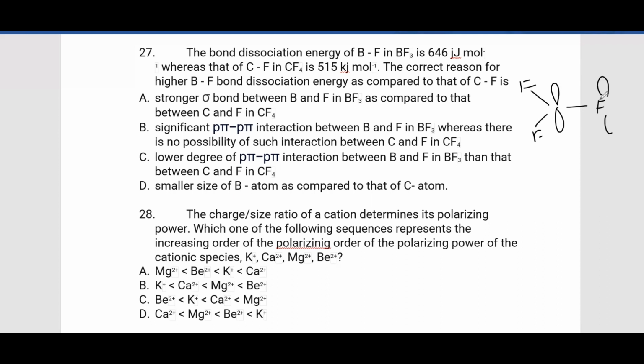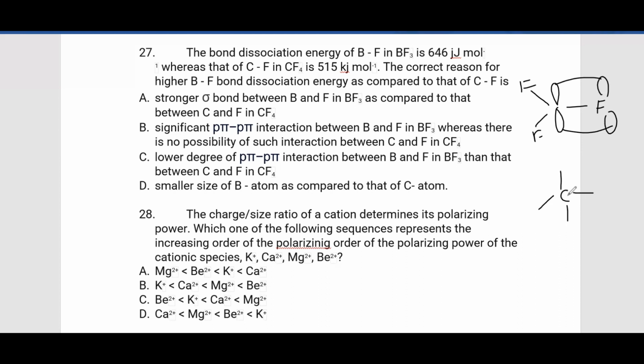We have filled p orbitals. So there exists a p pi interaction between the vacant orbitals of boron and filled orbitals of fluorine, and because of this interaction the bond enthalpy increases in BF3, whereas if you take CF4 you don't see such interaction